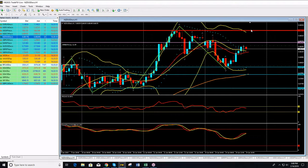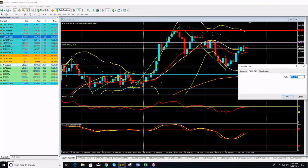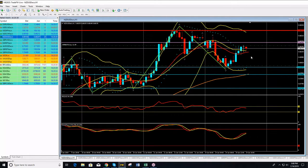Now, what do we observe here? We see that there is a strong resistance zone between 68.24 and 68.37. And between 68.24 and 67.97, there is absolutely nothing on the price. So basically, we have a few pips there. All right? Now, in order for our trades to develop, we either want to see a close below that